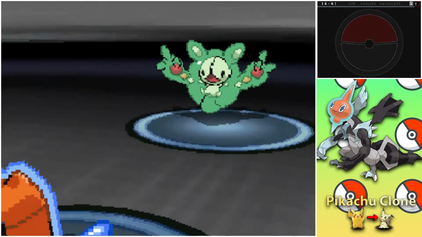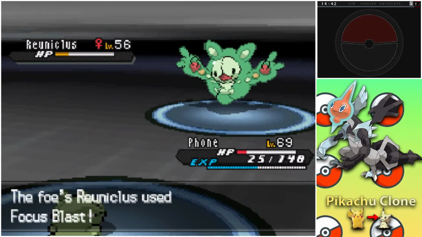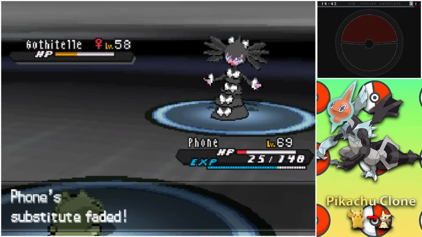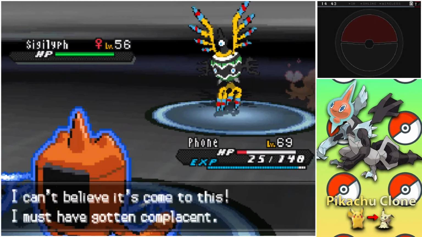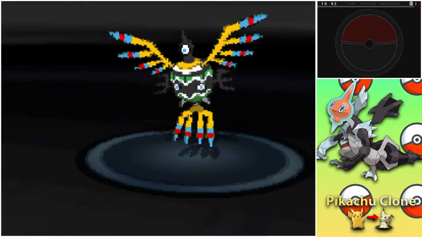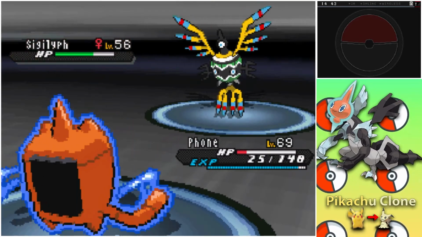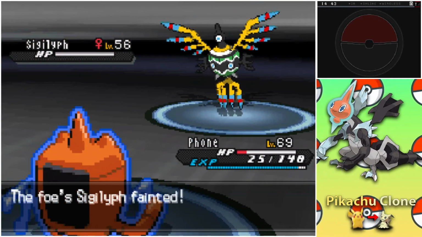Reuniclus with 3 Thunders, and it misses a Focus Blast, so we still have our Substitute up. Gothitelle breaks our Substitute as we take it out with 2 more Thunders, and she sends out her final Pokemon, Sigilyph, but we manage to land the Thunder, taking it out in one hit. We win, but our Rotom is very low on health as we arrive at our final Elite Four member, Marshal,